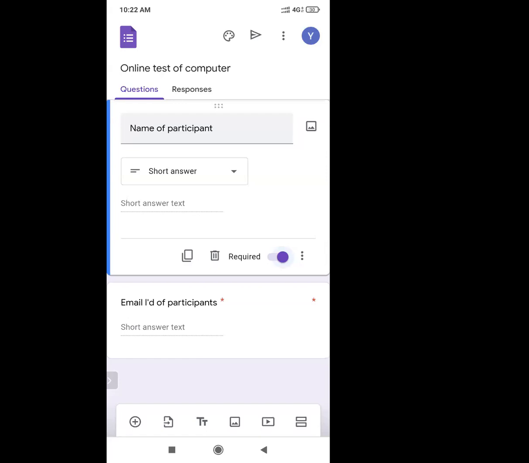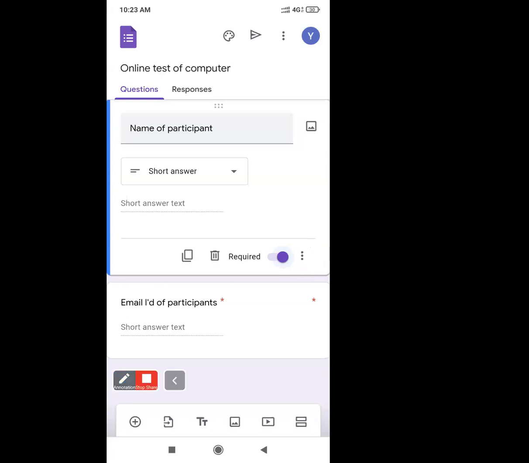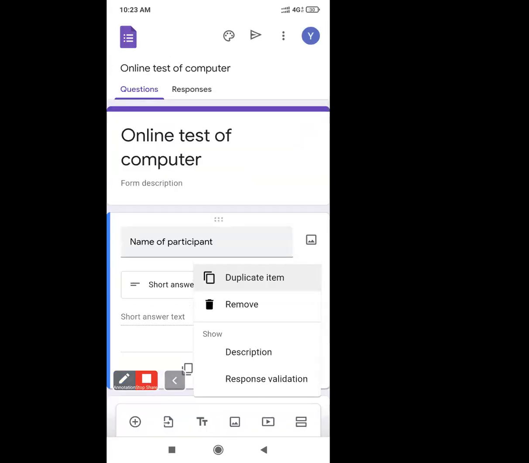So now you can see these 3 dots over here. Can you see those 3 dots? I'm going to click on those 3 dots. Yes. You can see that from those 3 dots, one window appears. In that you can see the remove option, meaning you can delete the question from here also, and the first option is duplicate item, meaning you can create a duplicate question again.